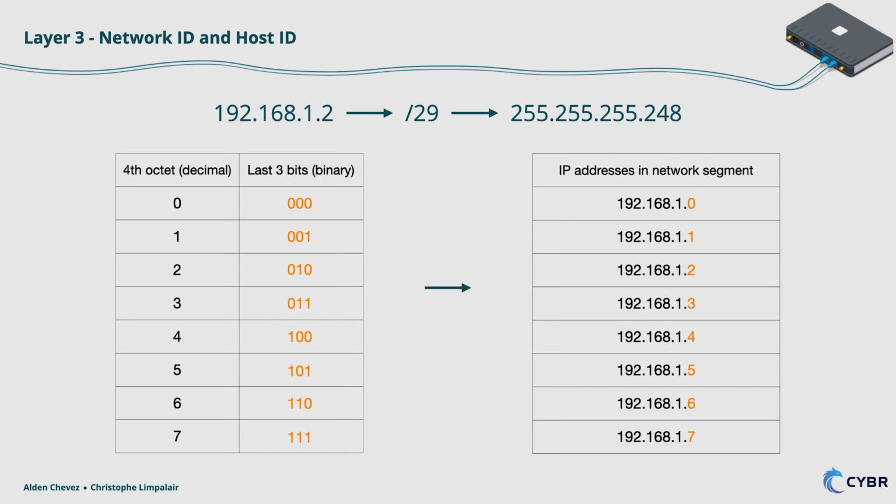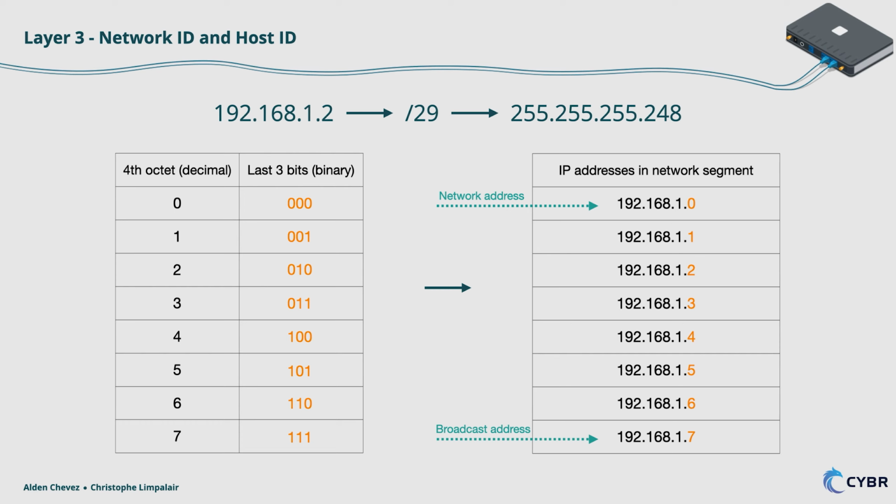However, there's a few more things we need to know. The first address, when we have all the host bits set to 0, is what's called a network address, so that one is not assigned to any host. Neither is the last address, which is the one where all the host bits are all set to 1. That one is called a broadcast address. This means that the first and last addresses are reserved and they can't be used for any hosts. So we really only have 6 addresses that are available in this subnet, and they are 0.1, 0.2, 0.3, 0.4,